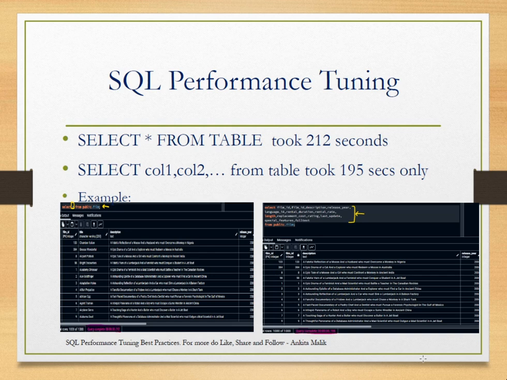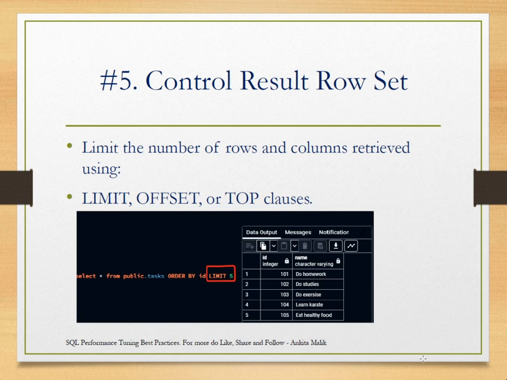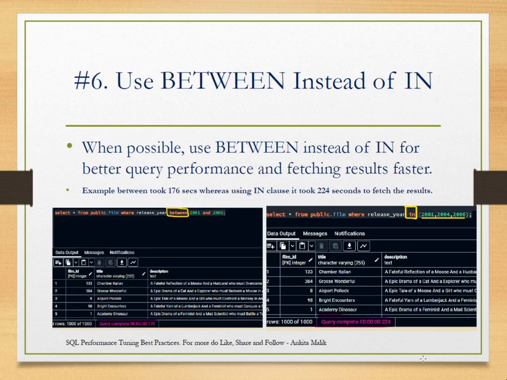When selecting specific columns instead of writing SELECT star, it took less time in the query execution and results were faster. Then next is the order of automatic operators in this manner, and then you can control your result row set by using LIMIT, OFFSET, and TOP clauses. Next, the sixth SQL performance tuning tip says use BETWEEN instead of IN. We have already seen the example in the previous video where it took less time using the